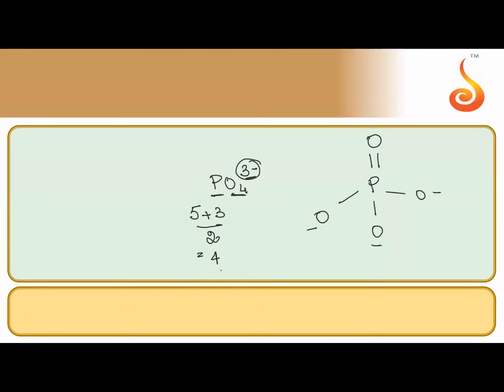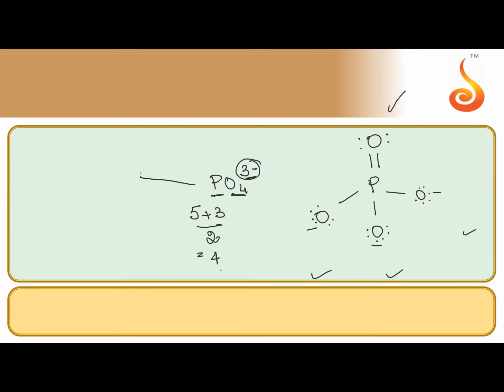Now you count the electrons. How much should it be and how much are you getting? Just verify your structure. Sometimes this logic does not work because some coordinate bond will also be there. So just check once whether the total valence electrons are matching. Is it matching, children? Here also, all the oxygens will have an octet, but the central atom would have exceeded its octet.